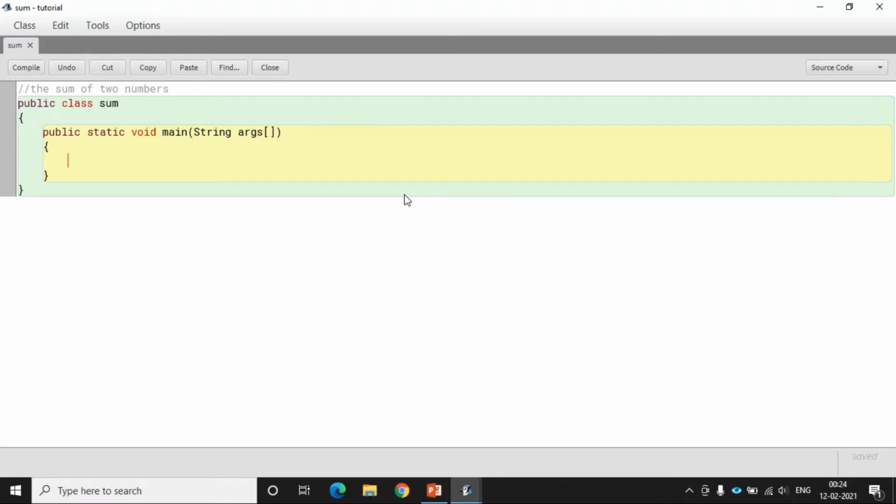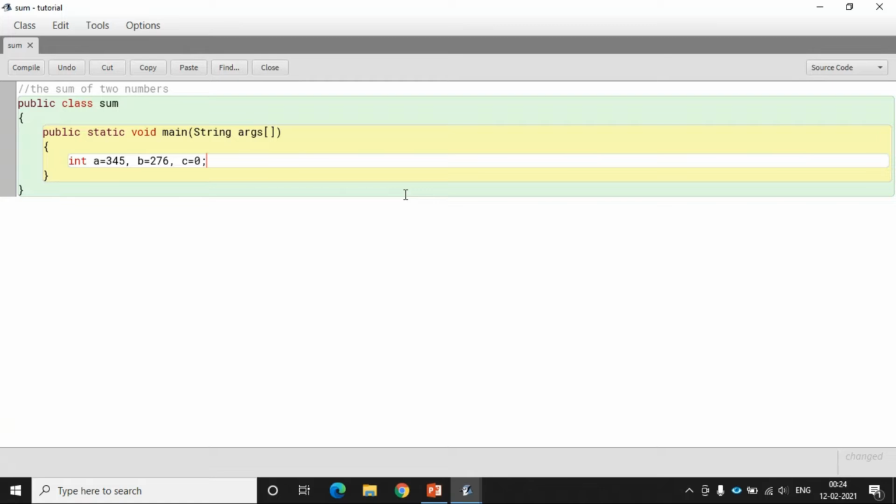Now since we are writing this program using assignment statement, we have to declare the variables like int a equal to 345, b equal to 276, and c equal to 0.